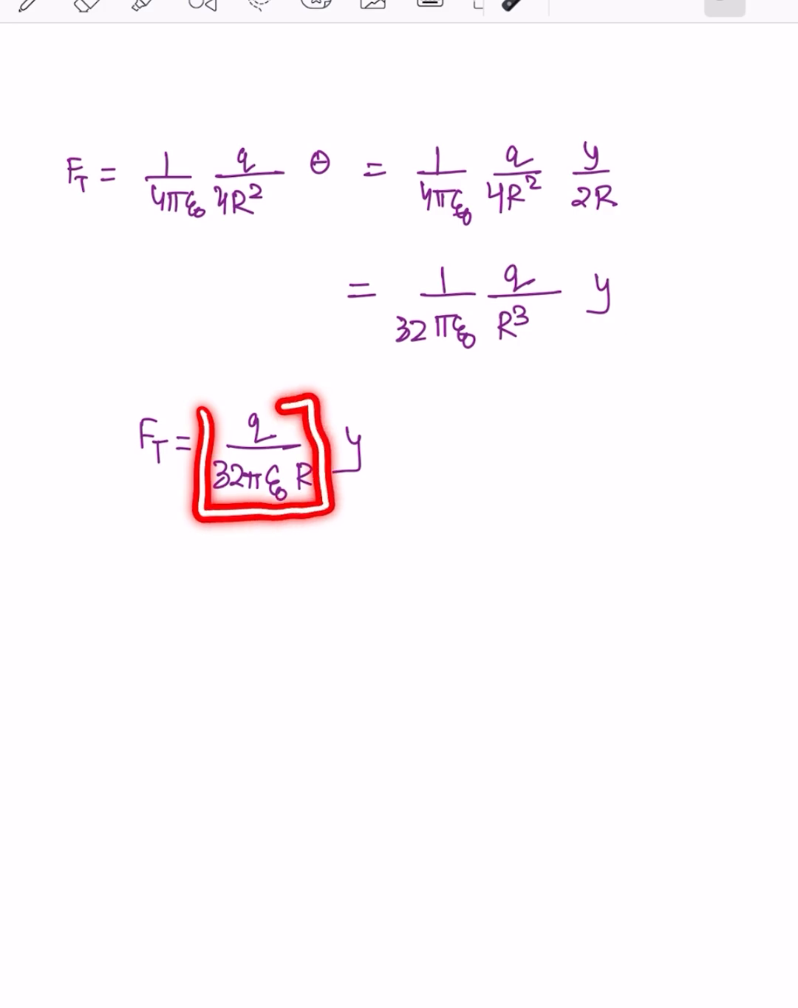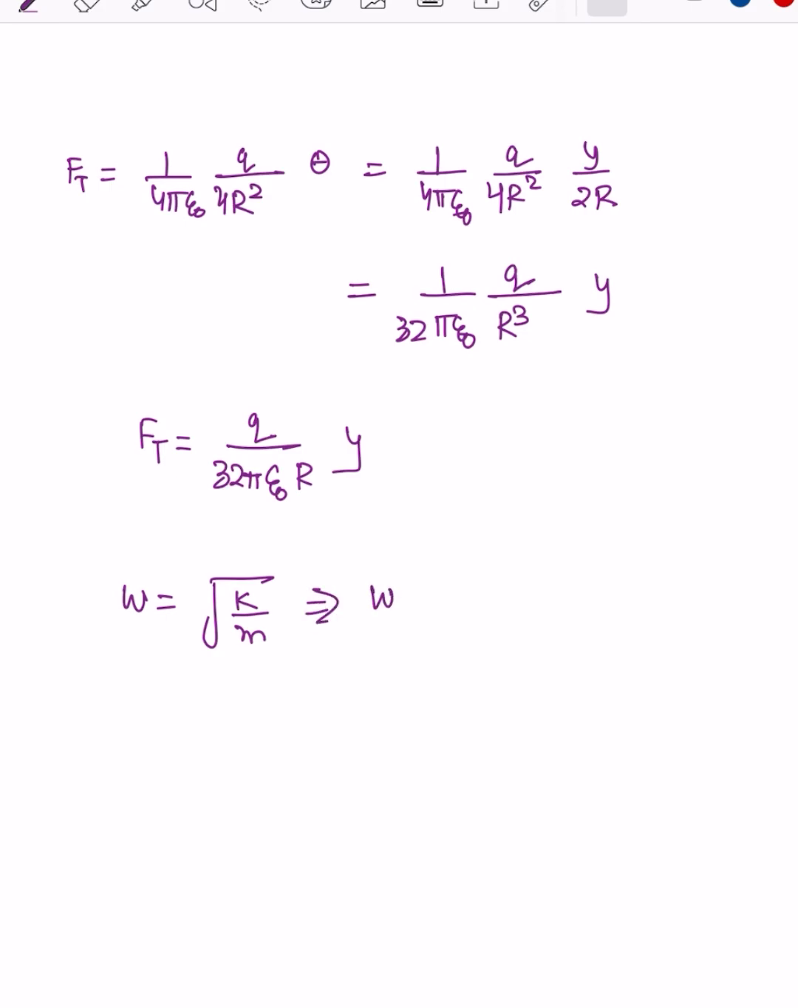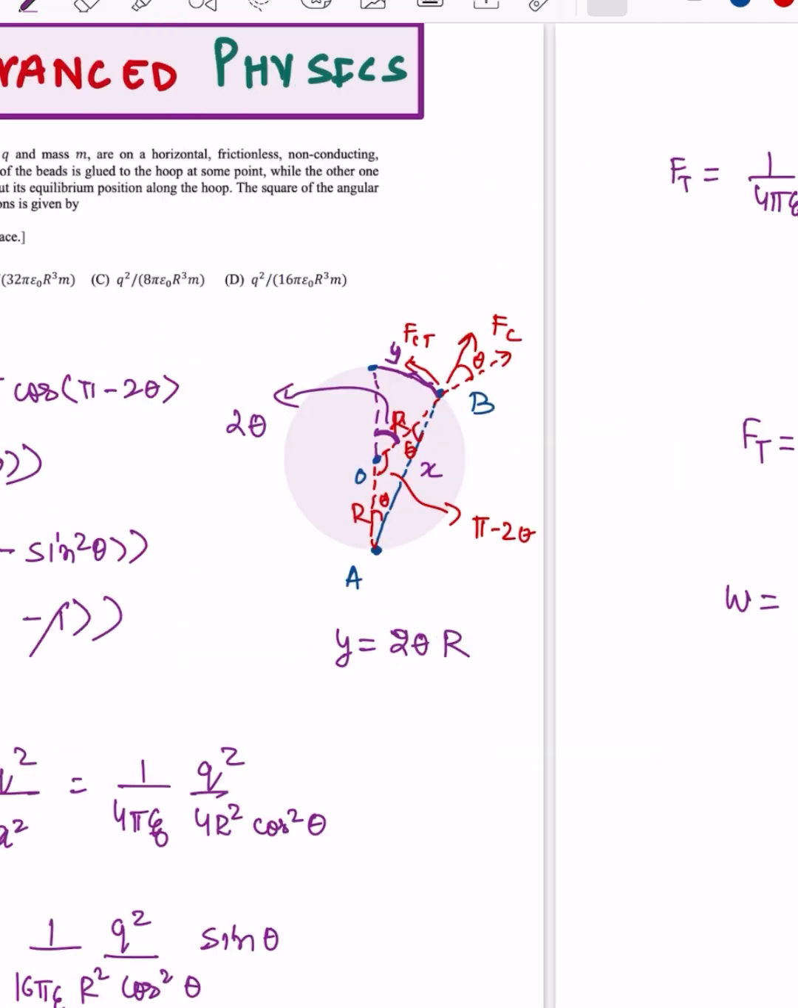So the restoring force here is this, and this is rk, and we know omega is the square root of k over m. You want to find the square of omega, that is k over m, and that becomes 32 pi sigma r cube divided by m. So the answer is